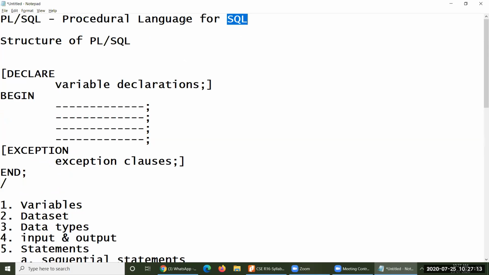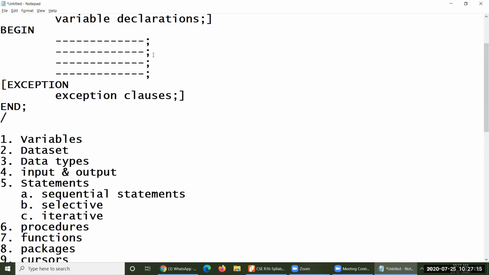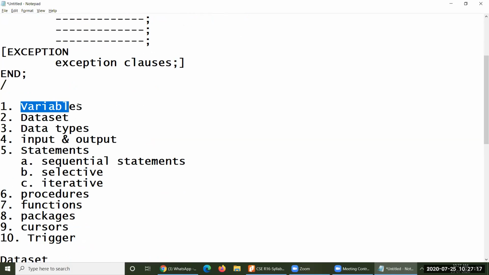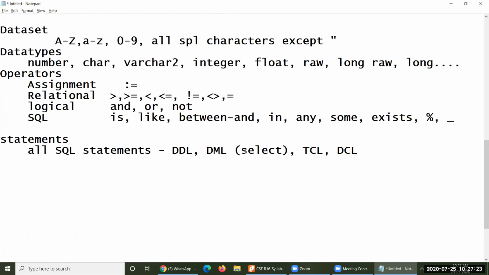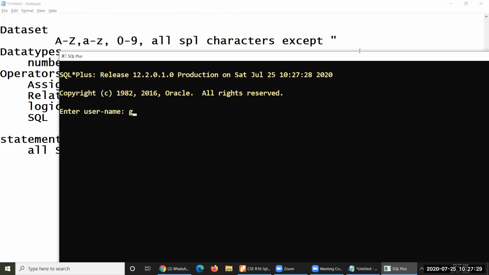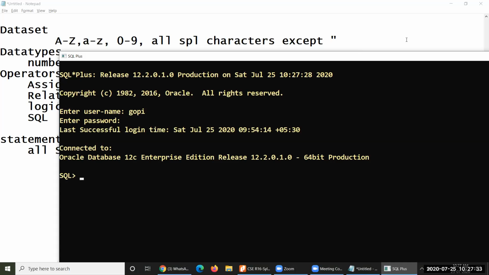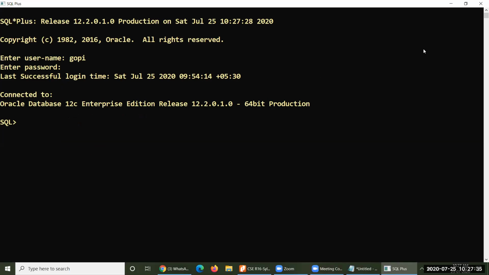But PL/SQL is a procedural language, so we declare variables here. Selection will always select the data and display it onto the screen.